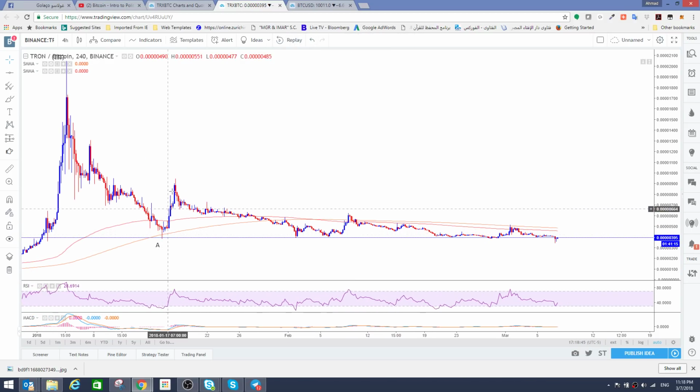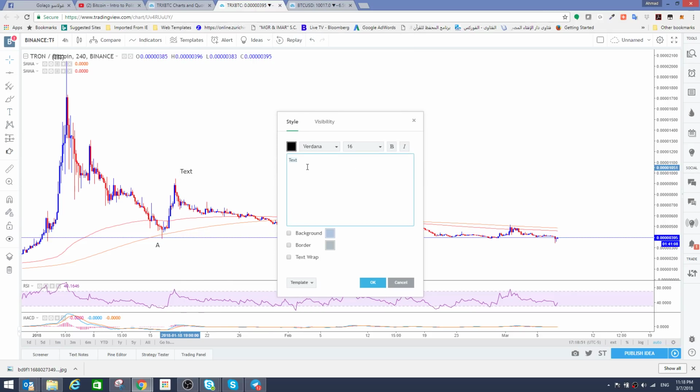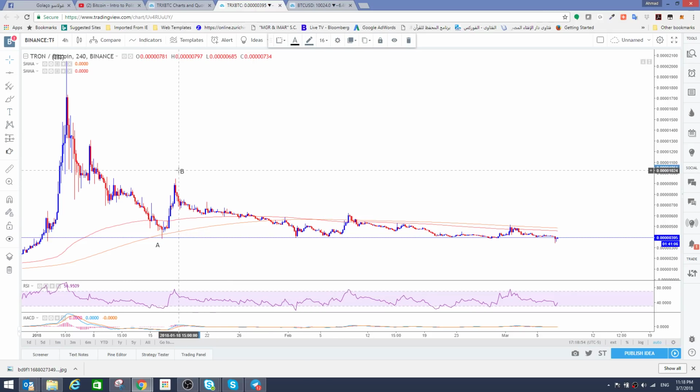Then this is ABC. So this is B. This is B, C. C is the biggest one. Actually, it's not the biggest one, but it's the long one. It was in consolidation for a long way. But in order to say that the correction is over,